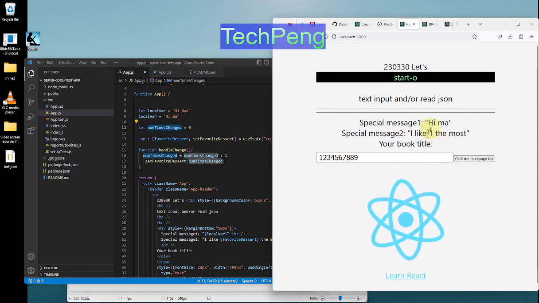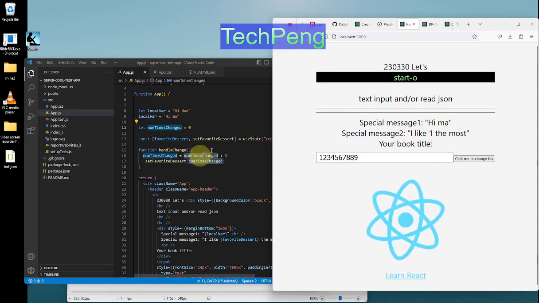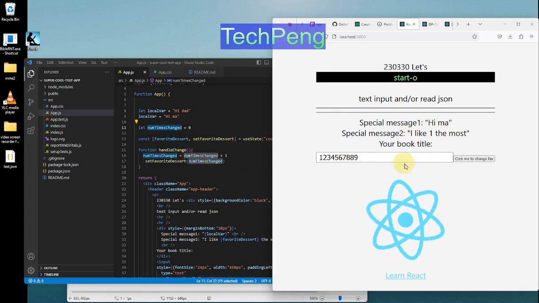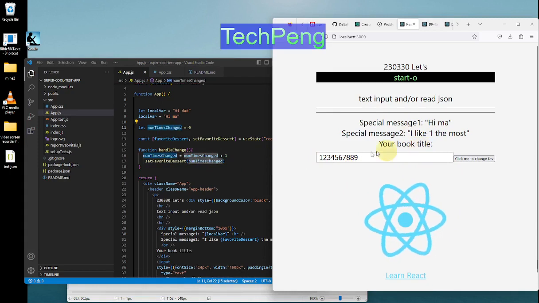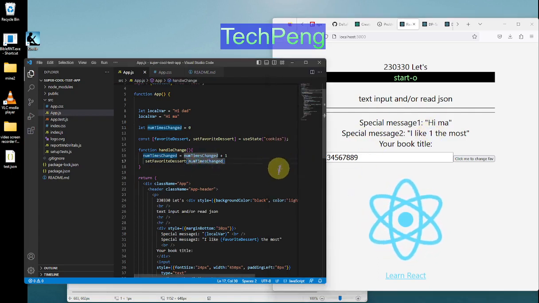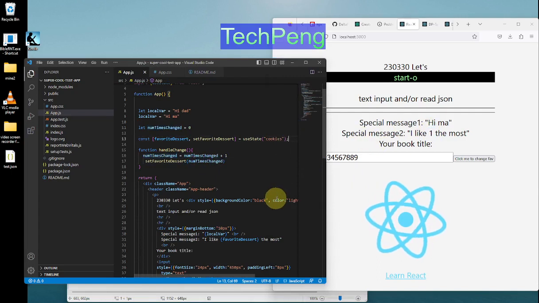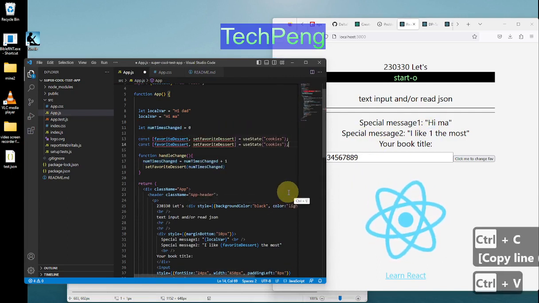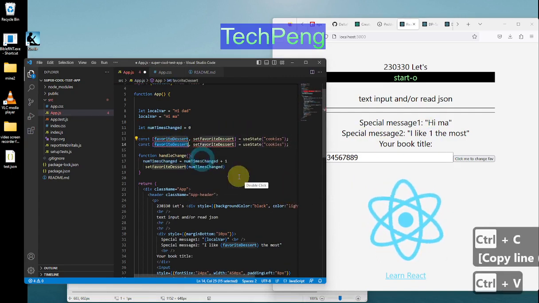Sometimes it became 2. I don't know exactly why that happened. Maybe there was a time where it saved it, but it recognized it didn't need to refresh. But then later on it found a need to refresh, and then it went back to 0, and then 0 plus 1 is 1, right? So instead, let's get another state variable. So control copy, paste, let's say